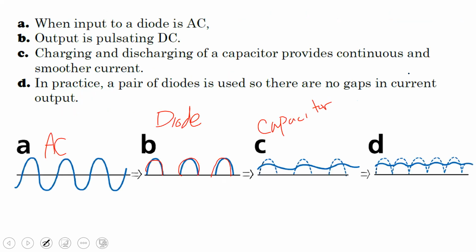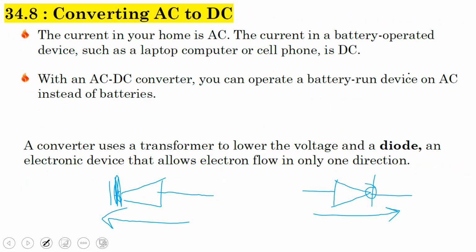So here, we said what are the examples of AC and DC, and why we need to convert them from AC to DC. Now, by the way, there's another type. Sometimes you need to convert DC to AC. Sometimes you need to convert AC to AC. We have many types of converters, but one of them here is the transformer, which we need to lower